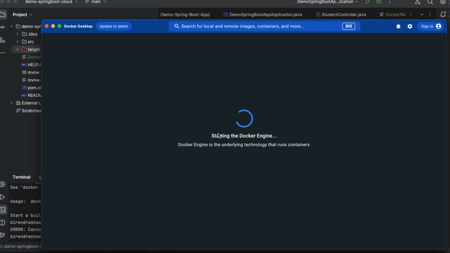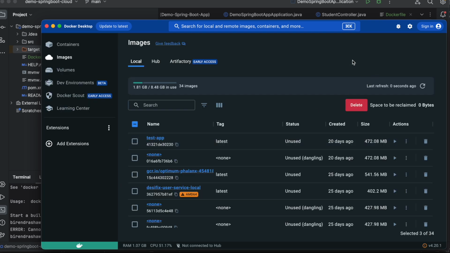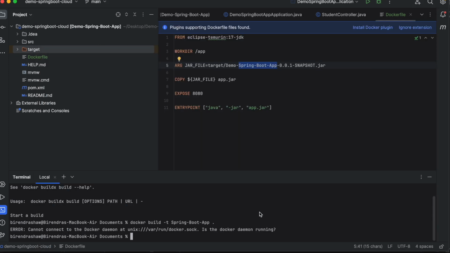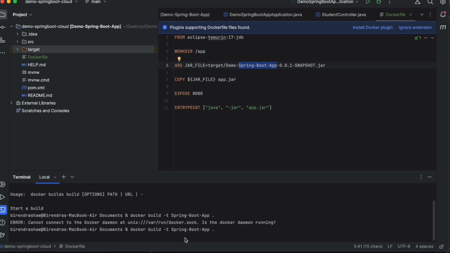So starting the Docker engine. Docker engine is the underlying technology that runs containers, right? Now it's started. Okay, I'll just close it. So now our daemon thread is running, or you can say Docker daemon is running. Now when we do run these commands, then